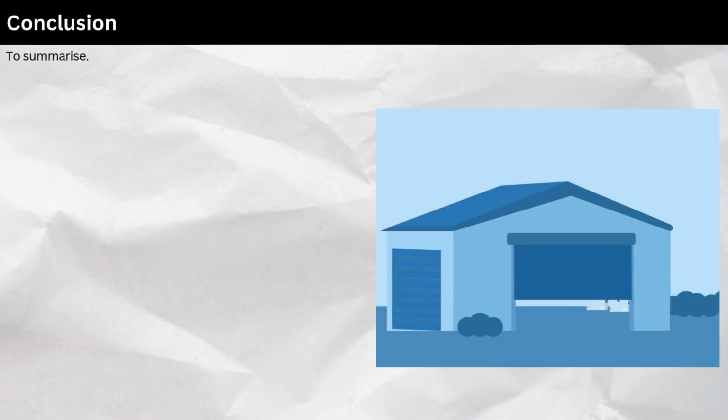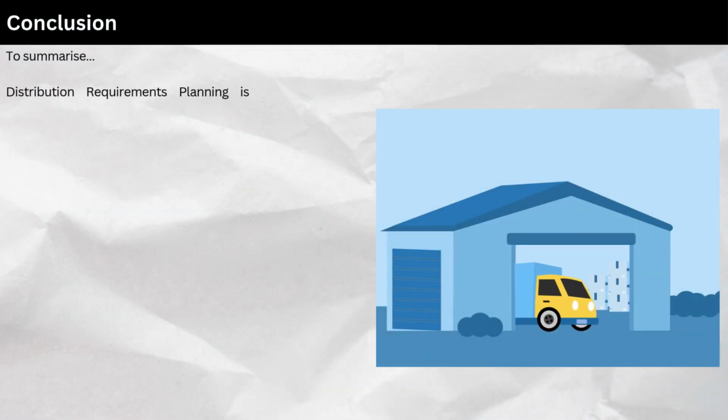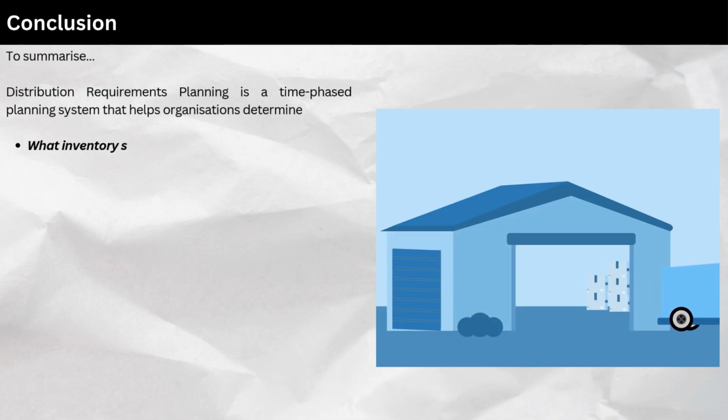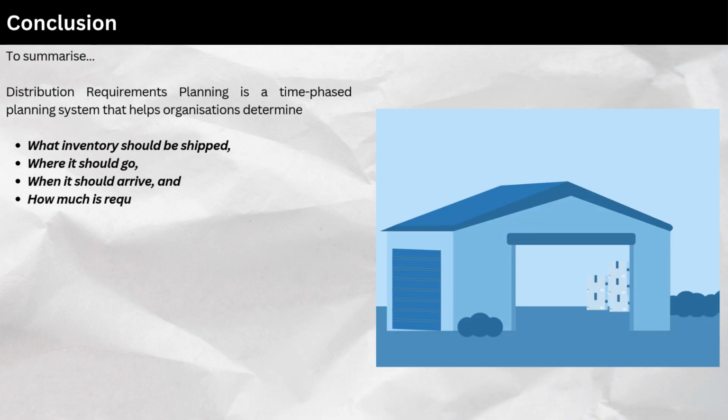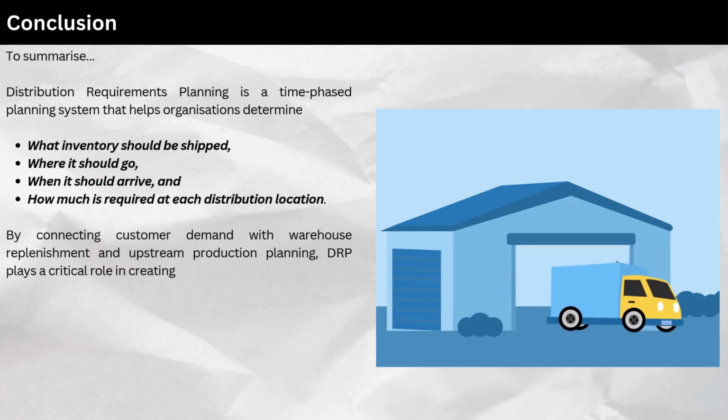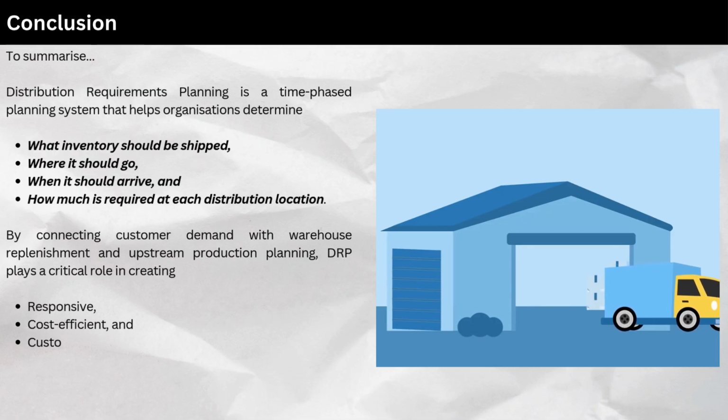Conclusion. To summarize, distribution requirements planning is a time-phase planning system that helps organizations determine what inventory should be shipped, where it should go, when it should arrive, and how much is required at each distribution location. By connecting customer demand with warehouse replenishment and upstream production planning, DRP plays a critical role in creating responsive, cost-efficient,